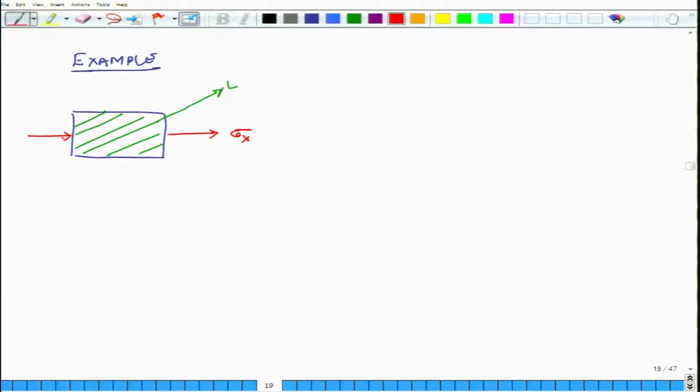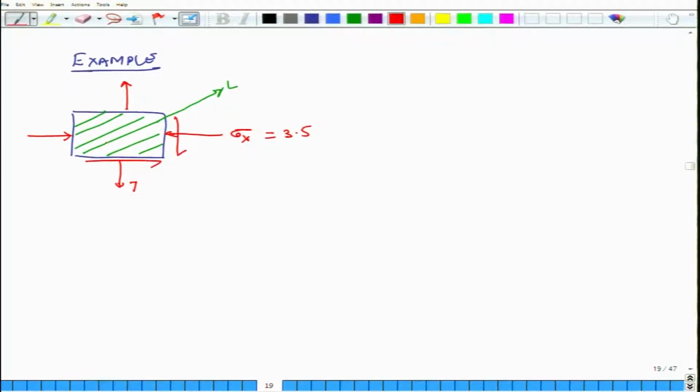Actually I am compressing it, I am not pulling it in tension. So, I am applying a sigma x which is compressive, 3.5 MPa, and then I am also pulling it in the transverse direction. That is the tensile load and that value is 7 MPa,